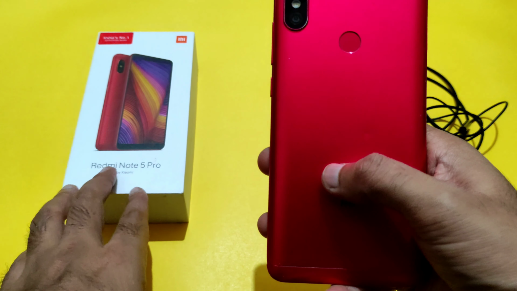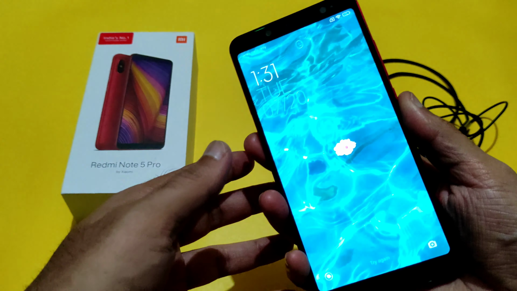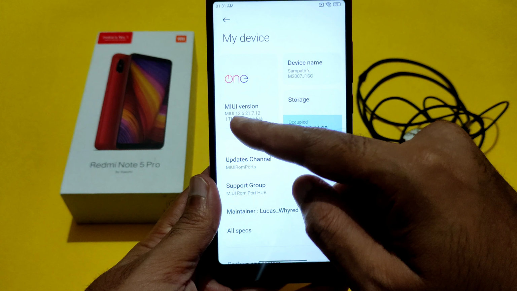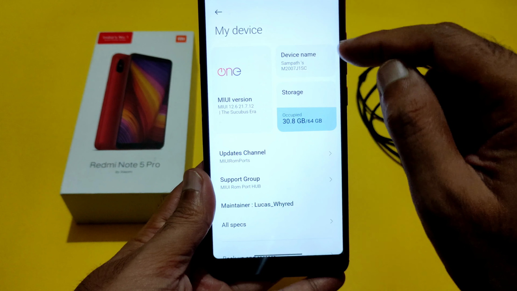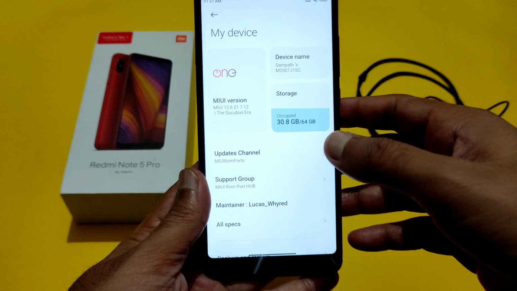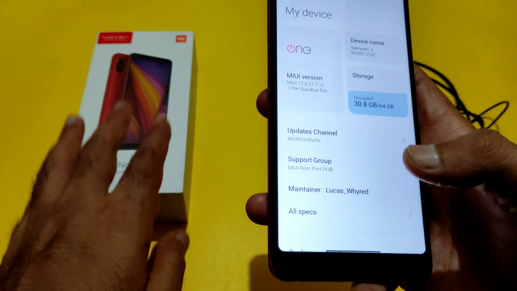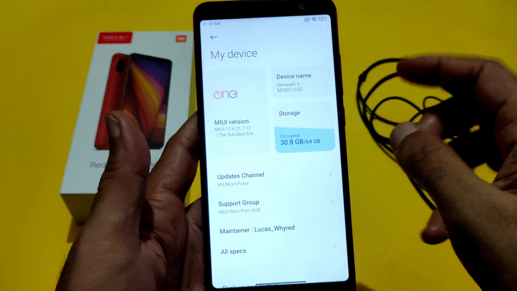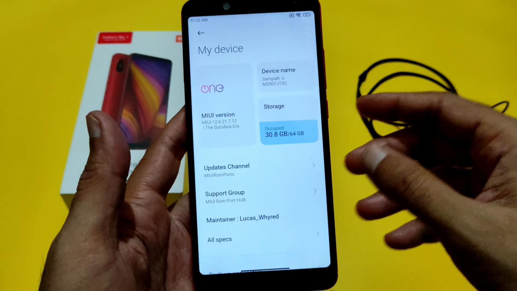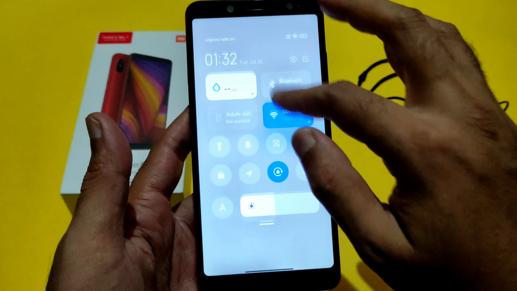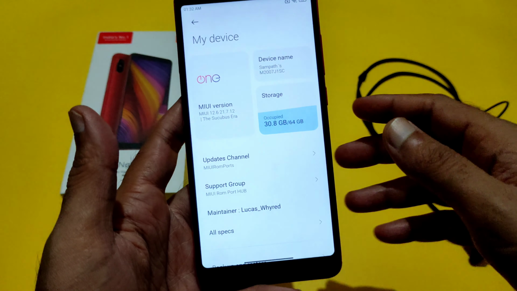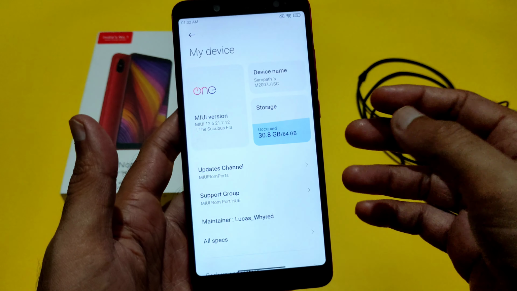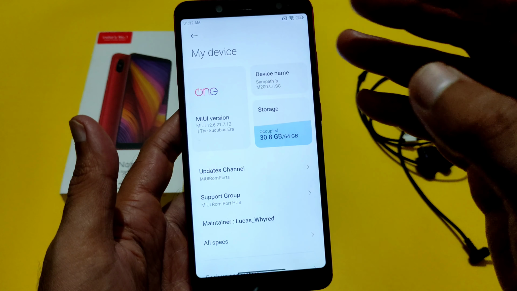As you can see, this is the Redmi Note 5 Pro. In this video today I am going to discuss this One UI based on MIUI 12.6.21.7.12. This is a ported ROM for the Redmi Note 5 Pro, Redmi Note 5 AI, and Redmi Note 5, all the same. And here is the latest One UI MIUI version. Stay tuned to my video. You'll be getting everything detailed about this ROM, how is the battery life, and how is the performance of this smartphone after this One UI MIUI 12.6 based on Android 11.